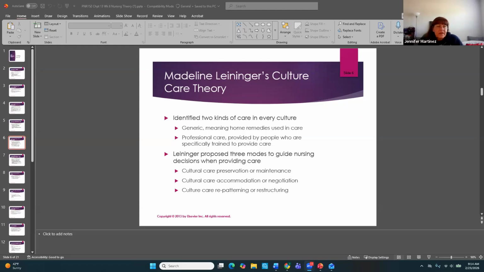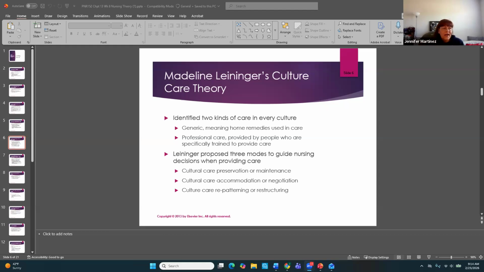So the next one is Madeleine Leininger. Leininger had a huge interest in cultural care, and how nursing responds to people of different cultures. We've talked about cultural care and really understanding their patient's cultural background, and incorporating some of that into nursing care. So when she developed her cultural care theory, she identified two kinds of care in every